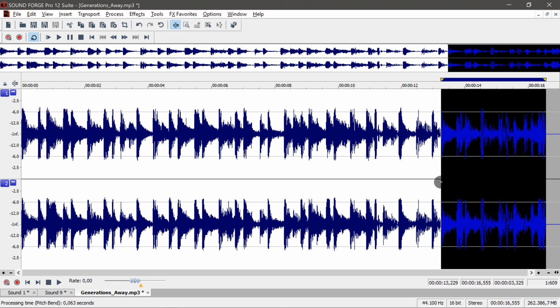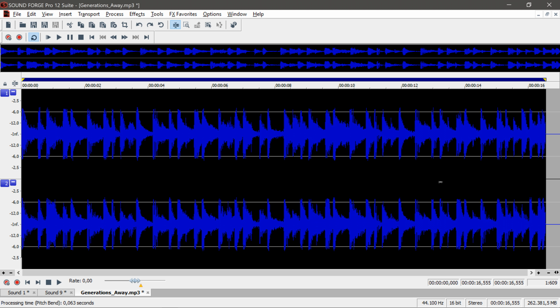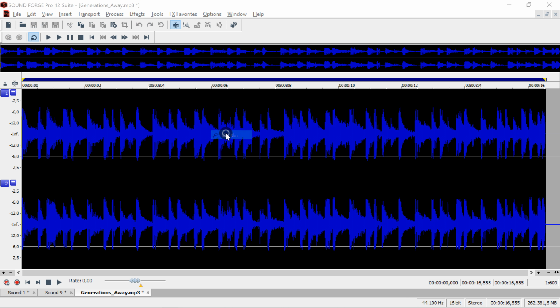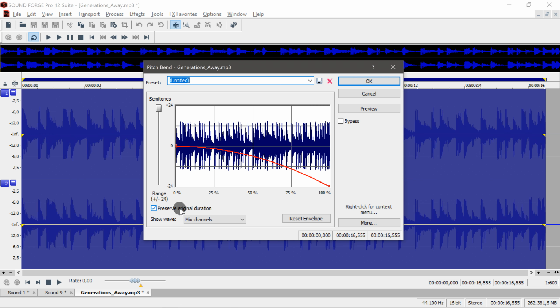So if I undo this and try to create a compromise between sound quality and really also length, you have to be flexible on one side. Either it's with the quality or it's with changing the length. Then we go to effects, pitch and bend. And we don't keep the original duration. And then here,